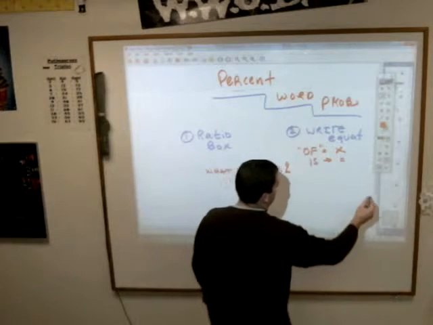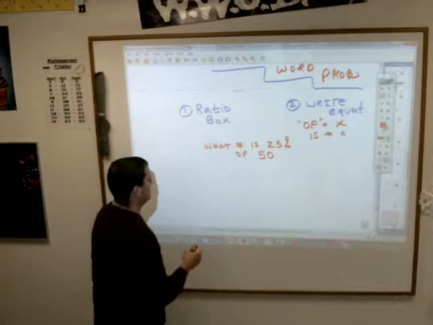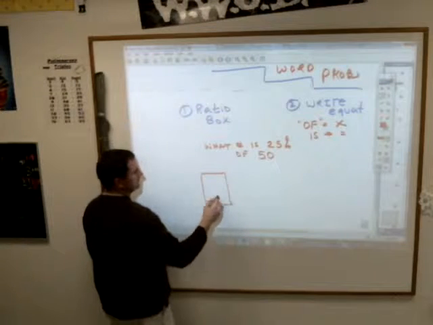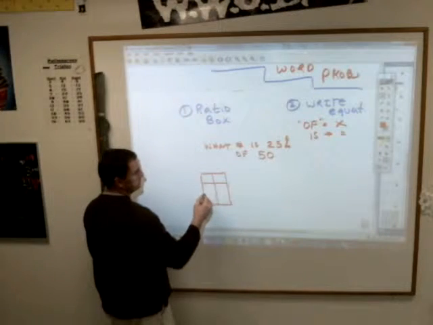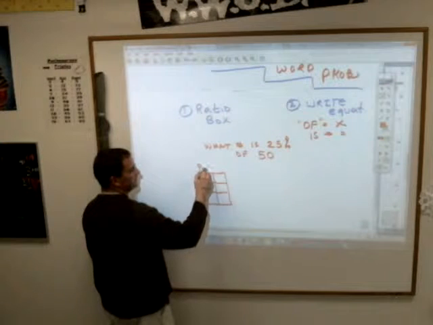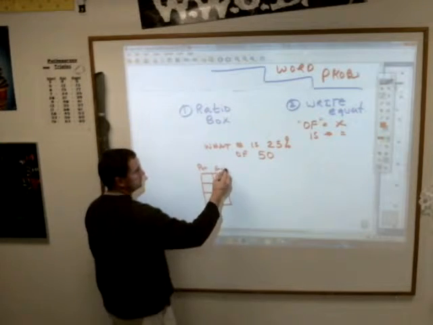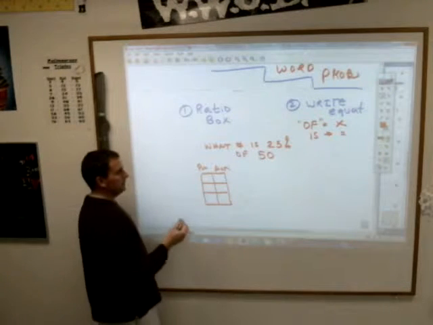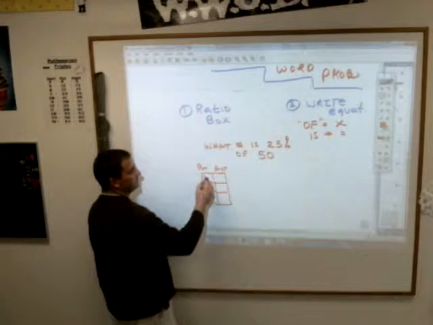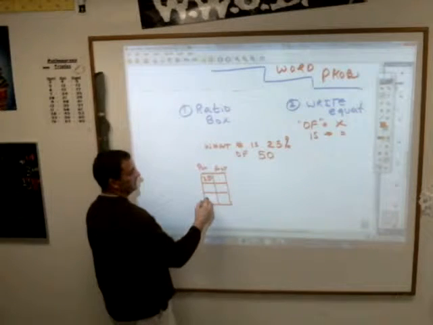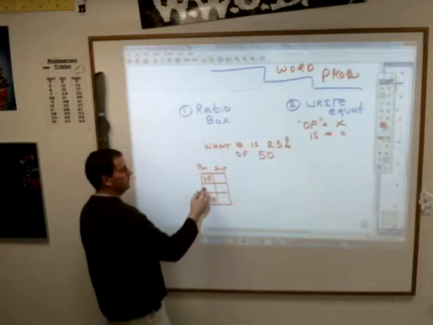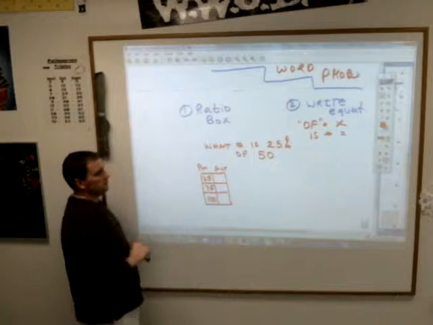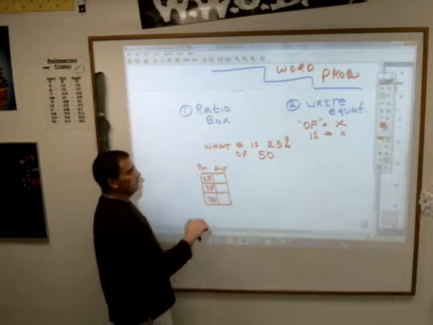Okay. Using a ratio box, it would look like this. Where you'd have your percent and you'd have your actual. Remember with percents, in this case here, if it's less than 100, you can add them up to be 100. I have 25% and I have 100%. You don't really need the 75%, but I'll put it in there. 25% plus 75% equals 100%. The number 50,